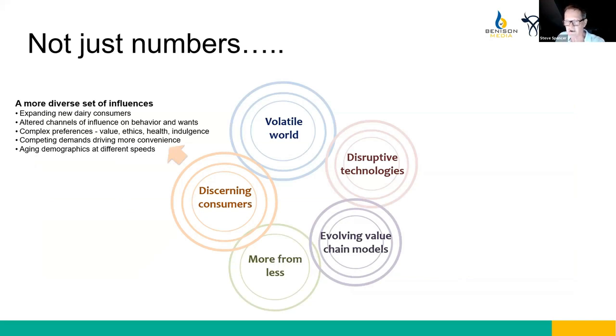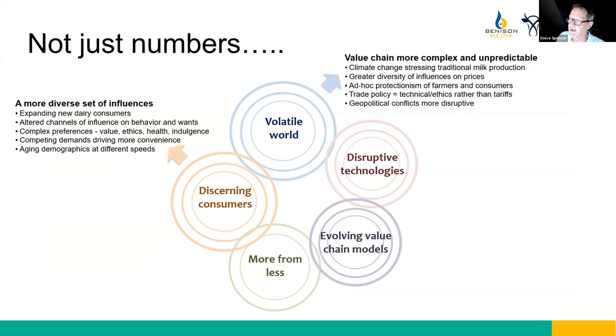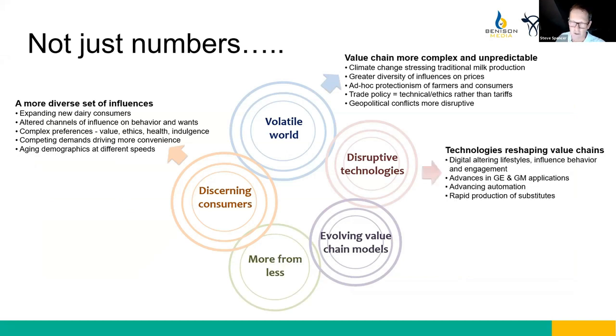And so these 5 things around this chart are quite important because we see a great deal of change in the way consumers behave. The world has a great deal of complex volatility, and those dimensions there are part of that. Technology is ever advancing, and it not only shapes the way in which consumers behave, but also the way in which we will produce milk and the way in which milk will be processed.